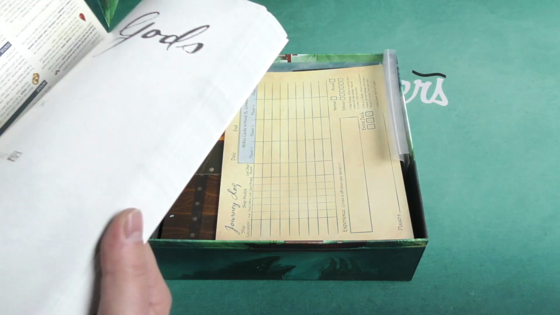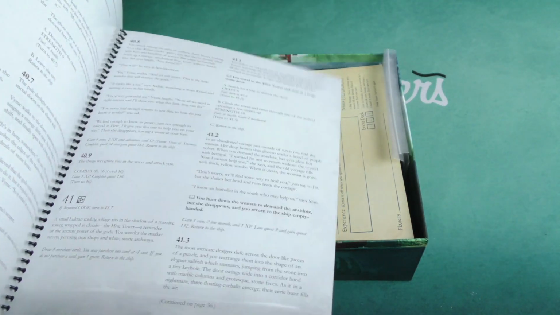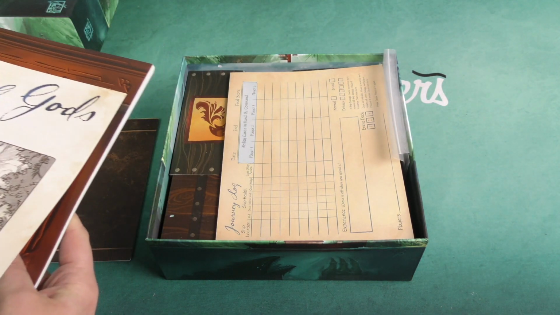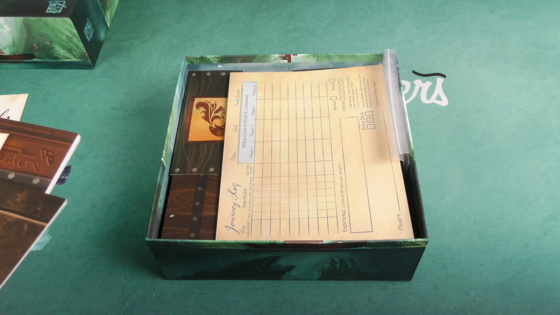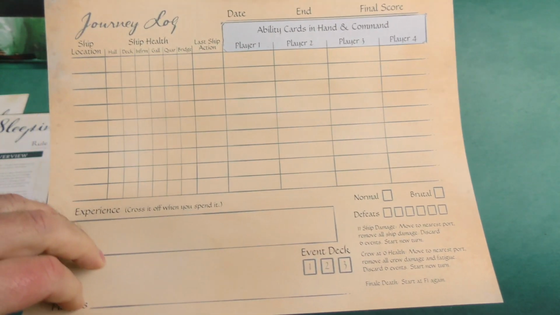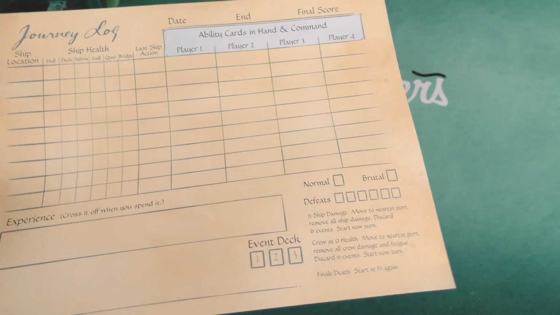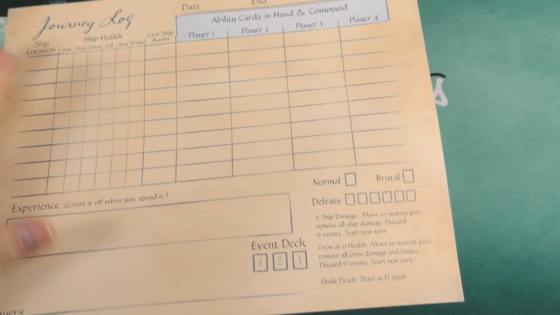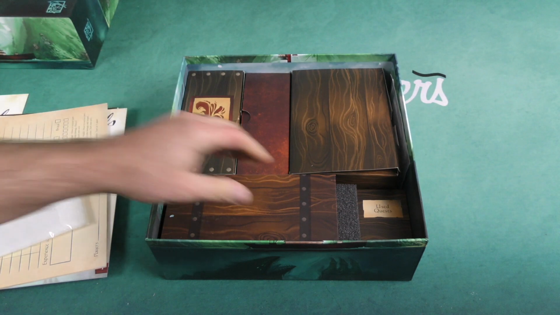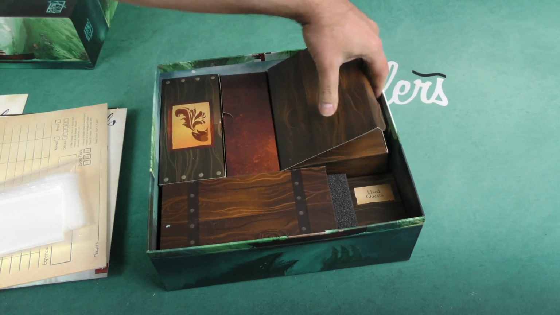Actually, this is the largest of the books. This is the storybook. So I'm just going to flip through that so that you can see kind of what's going on there, but I don't want to show off any of the text because that is certainly something you'd want to, I think, discover on your own. Here's a journey log, which is a 2-sided sheet where you would be kind of going through your journey. We've got a whole lot of bags there. A whole lot of bags. And then we've got